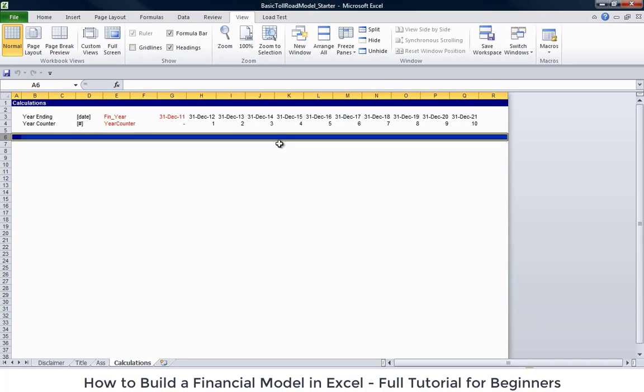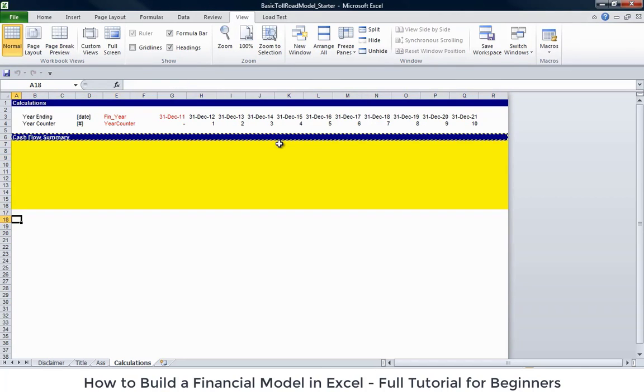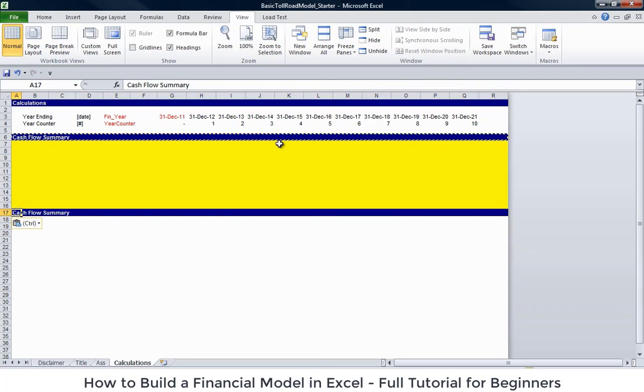We're going to leave this section now. We're going to call this cash flow summary. And we'll come back to this later. So you can color it in yellow so you know that you've got to come back to it later. We're going to put in some indicators that we're going to use throughout the model. So the first one we're going to do is put in an inflation index. Then we're going to put in a cars index, a trucks index,